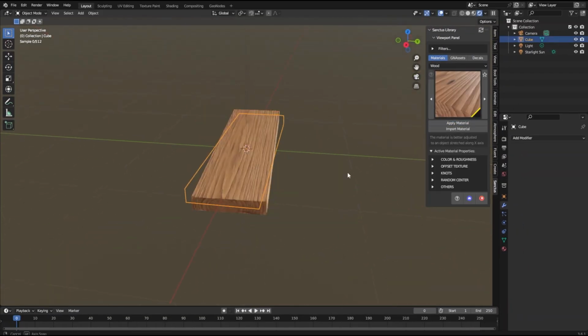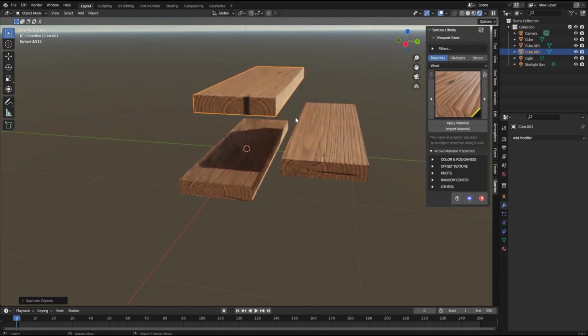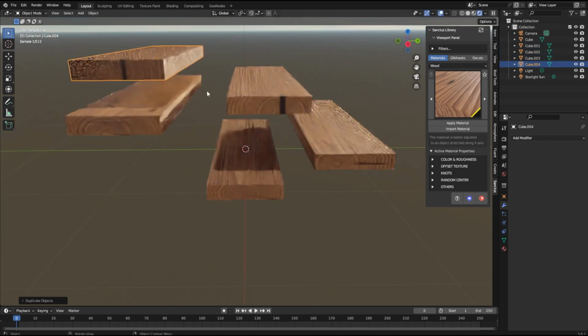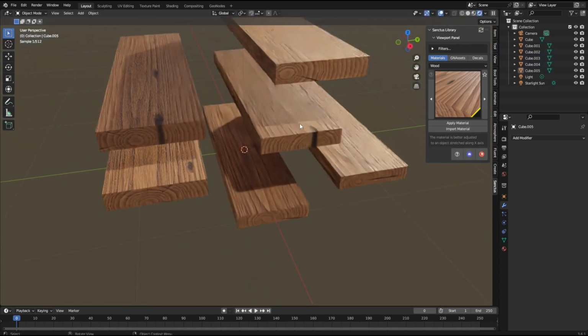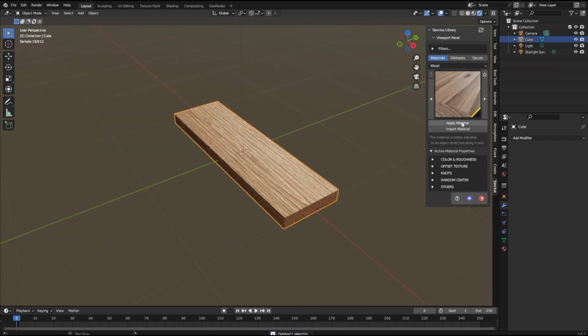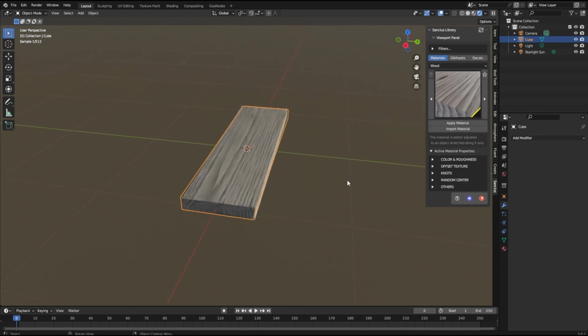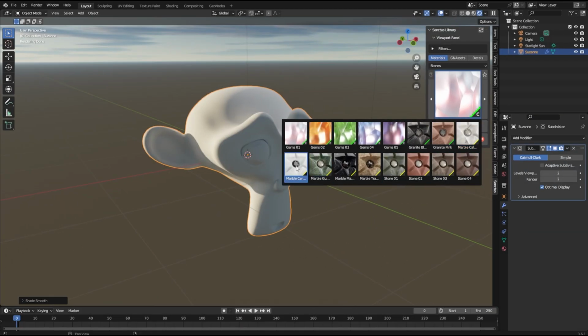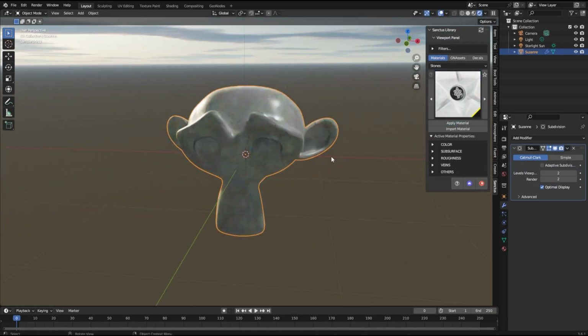Plank of wood, apply material. If you duplicate them, they will always have a different center point and different shape. We have a few different variations. Here we have a new marble, Carrara marble,